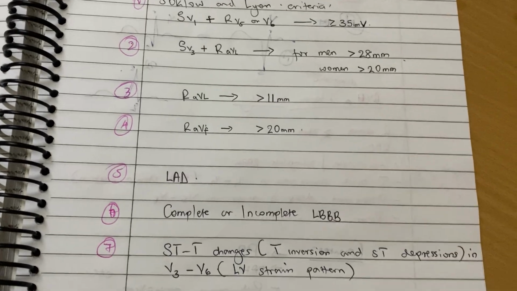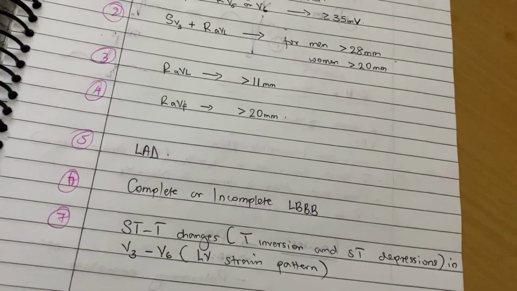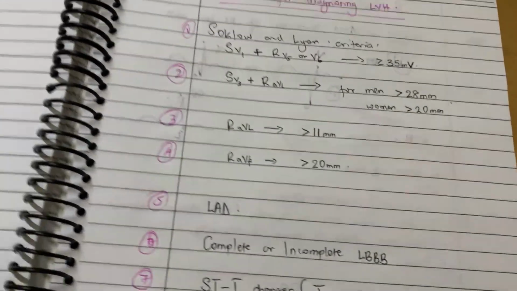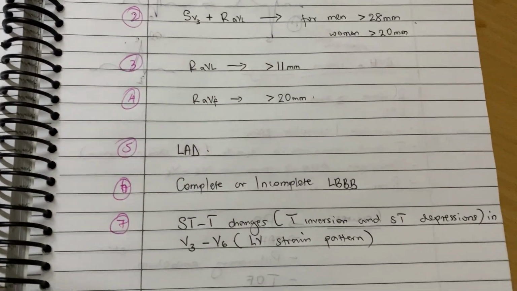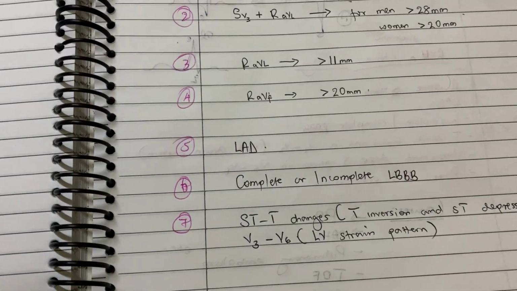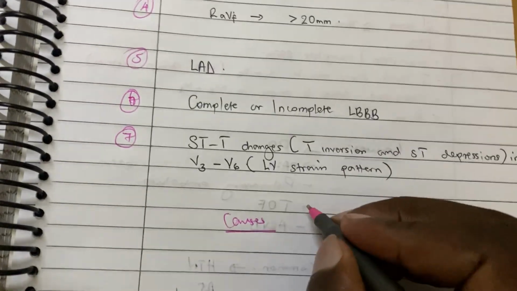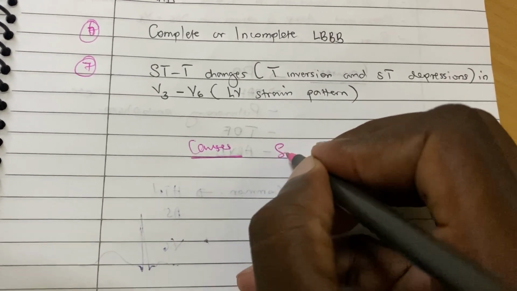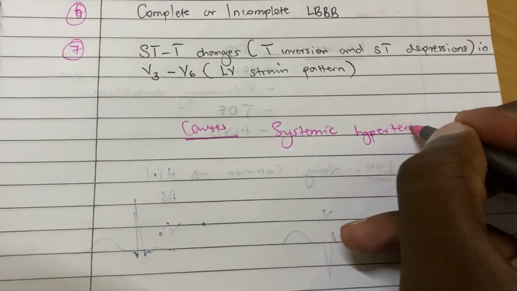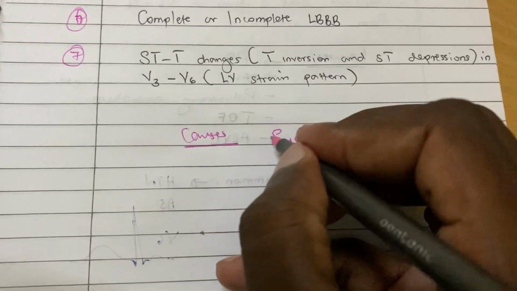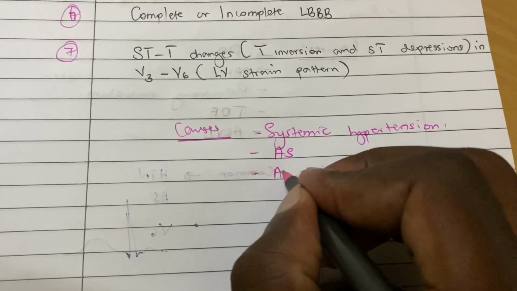You see? So just looking at the ECG very fast, you see that this is LVH. And then if you want to confirm, you count these ones. So causes, we already finished. We said it is systemic hypertension, aortic stenosis, aortic regurgitation,